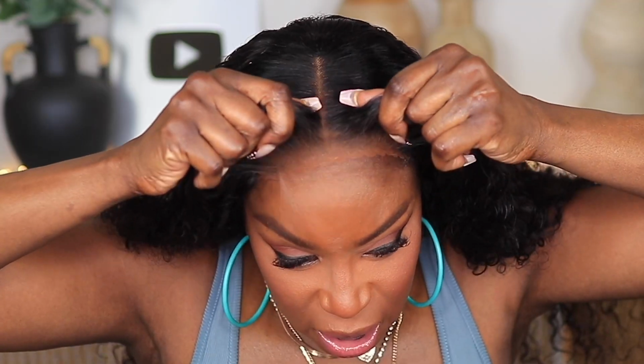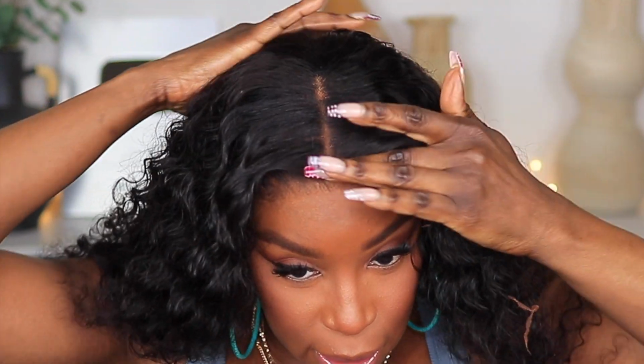It actually seems like it's a little bit longer after I wet it than when I originally took it out of the package. Of course, this is curly or wavy hair. When you straighten it, it is going to get longer. So that's one of the things you always have to be mindful about when picking the lengths for your curly units. And this unit is still technically glueless, even though I dabbed some of the melting spray. It's not enough to take out your edges or anything, and as you can see, it easily lifts up and lays back down. So I went ahead and I cut the lace, and as you guys can see,